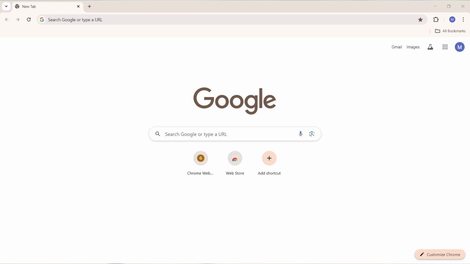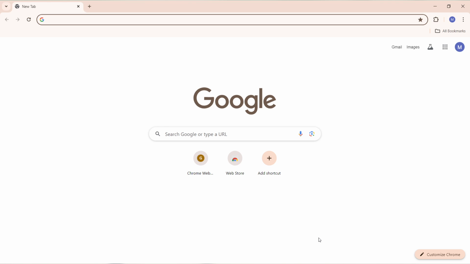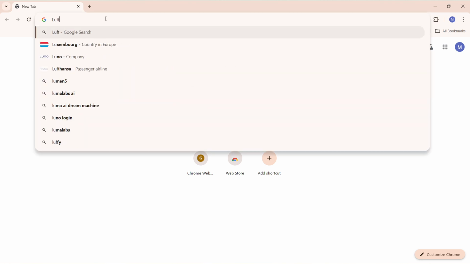So the first thing I'd like you to do is to launch any browser of your choice, which of course I have done right here. I'm currently using Google Chrome. Now from your browser, head over to the search bar, and in the search bar you're going to have to type in